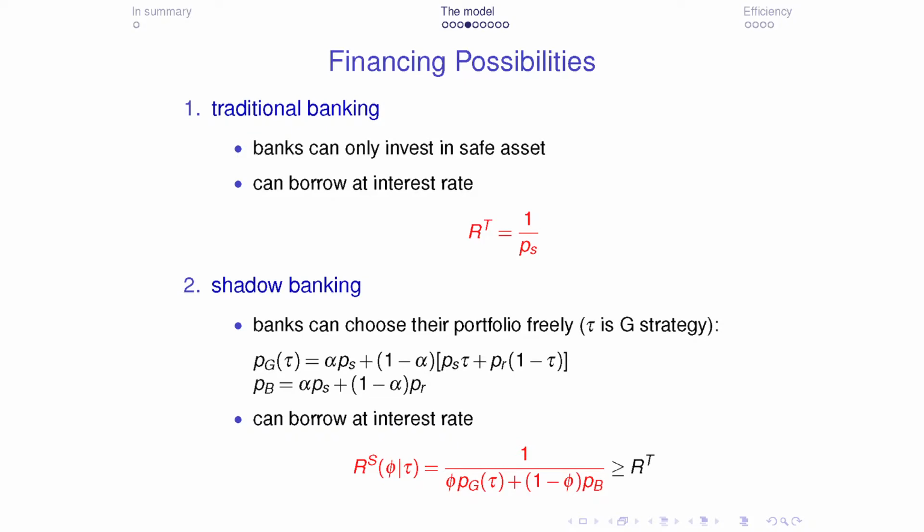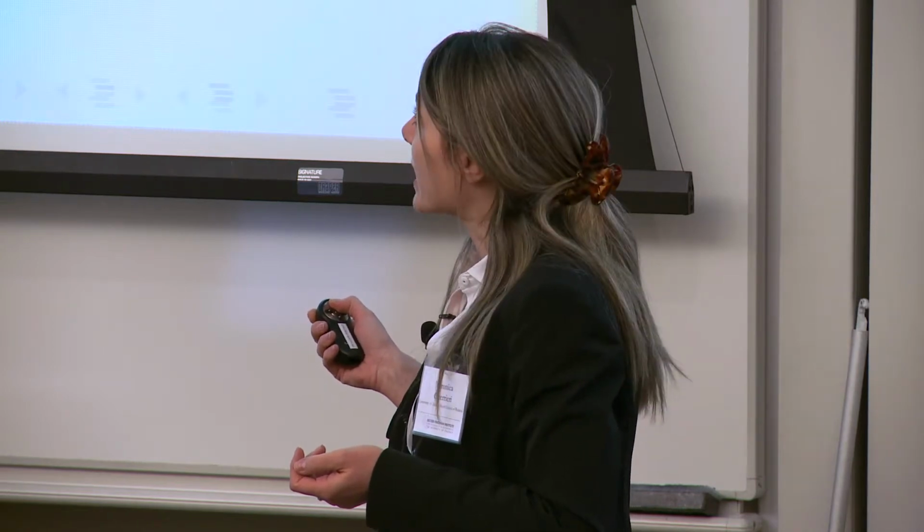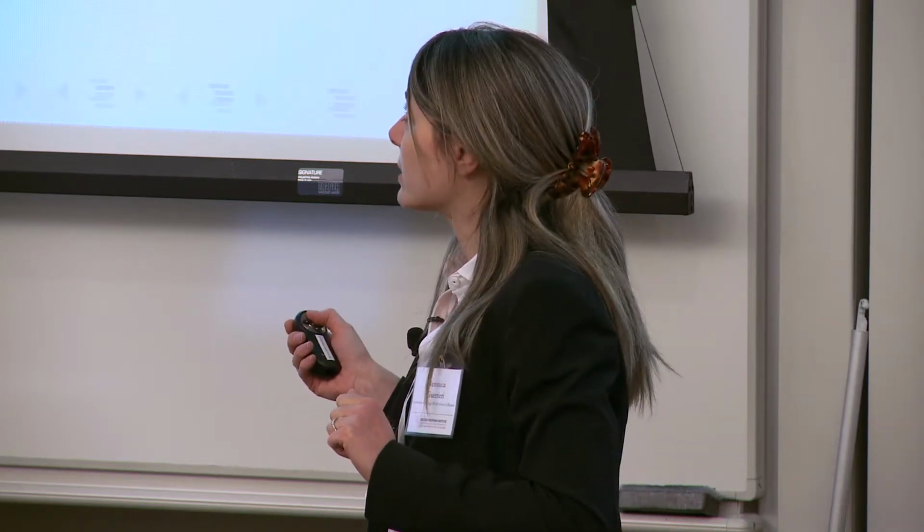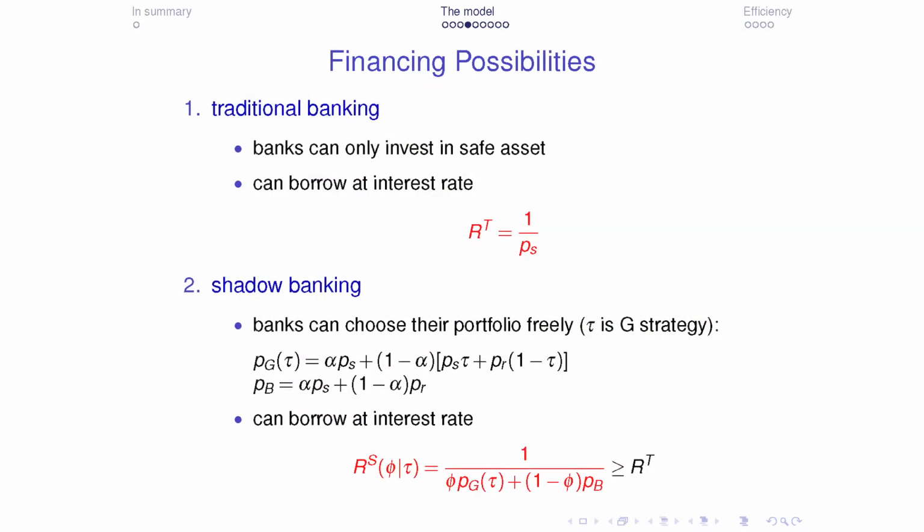If the bank decides to participate in the shadow banking system, then it can choose the portfolio allocation that it prefers. It can choose whatever investment it wants, the risky asset or the safe asset. And tau is going to denote the strategy of the good bank. When the good bank chooses tau equal 1, it means that the good bank decides to invest in the risky asset only if it's superior, and in the safe asset if the risky asset is inferior, while tau equal 0 means that the good bank is always going to choose the risky asset. Okay? So it's going to behave as the bad banks.